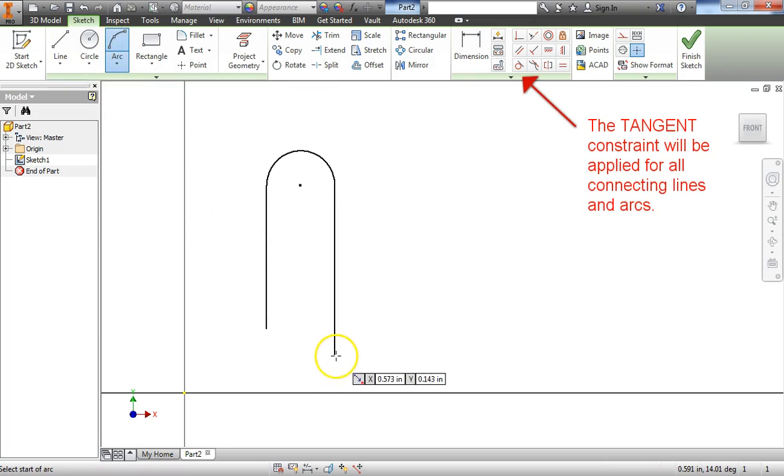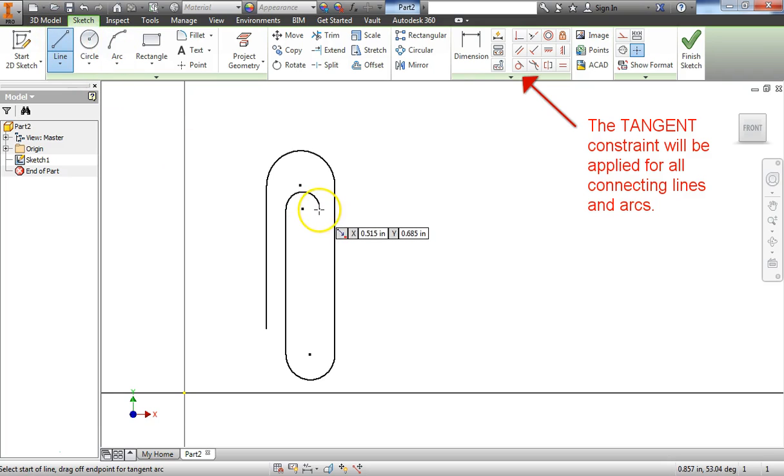Go back to my 3-point arc. Back to my line. Back to my arc. And one more line. And that looks like a paperclip enough, right? It would be nice to know